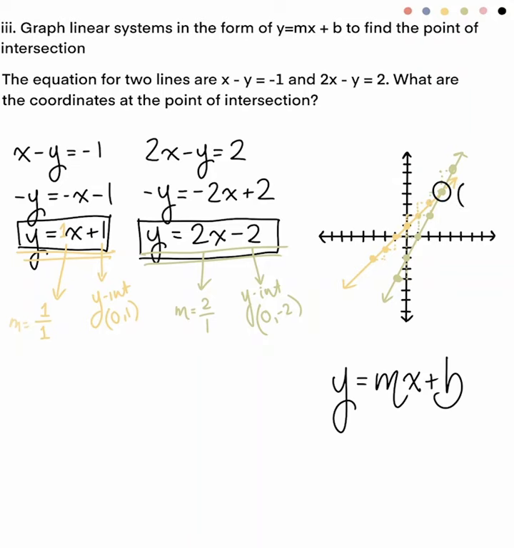It is 1, 2, 3. 1, 2, 3, 4. Okay? Since it's a word problem, we would end it with a statement. Therefore, the coordinates at the point of intersection